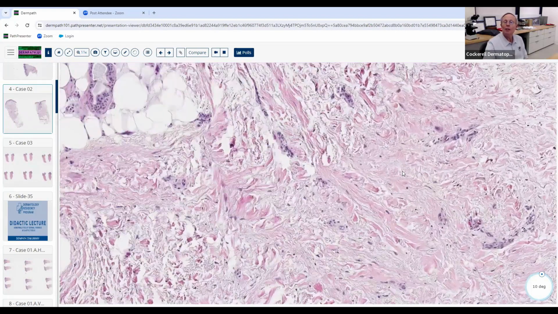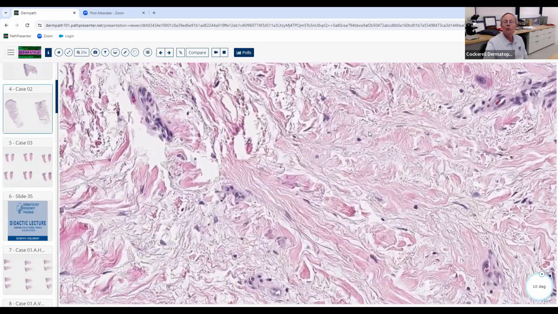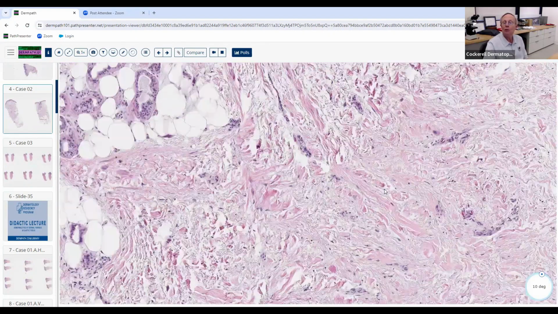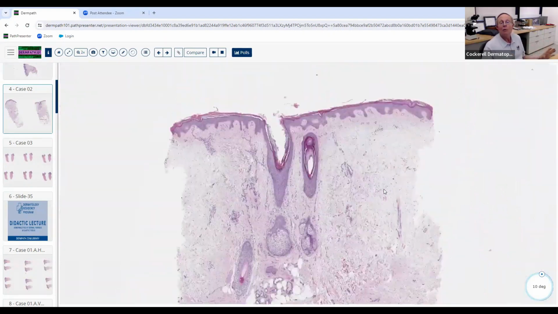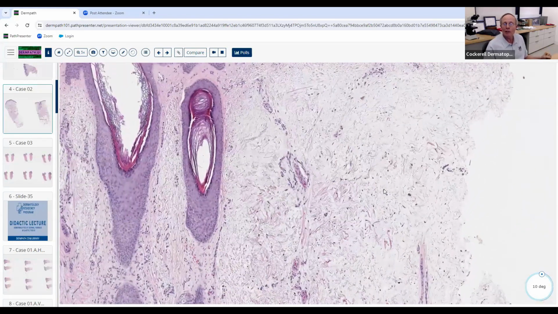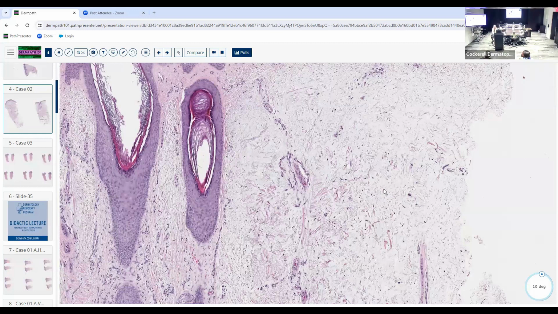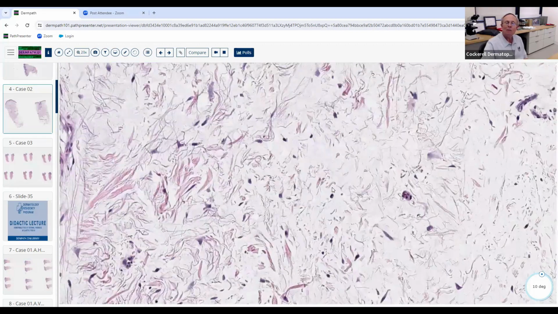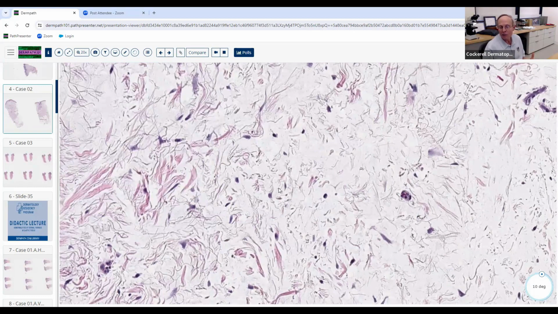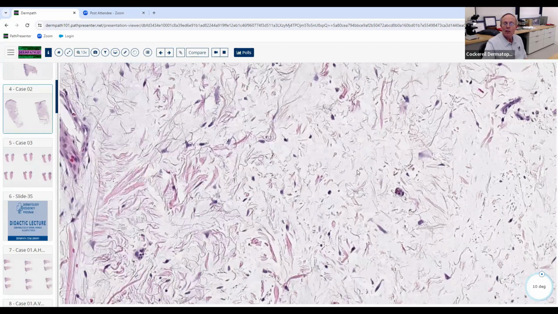That's what it looks like when you get a biopsy of it. It shows a diffuse collection of mucin throughout the dermis with no inflammation. It's not really an inflammatory disease. It's basically a deposit of mucin, though probably not even a true deposit. It's probably the LATS, long-acting thyroid stimulator, that is causing these fibroblasts and mast cells to produce hyaluronic acid in the dermis. So the same pathophysiologic process that causes this is what causes